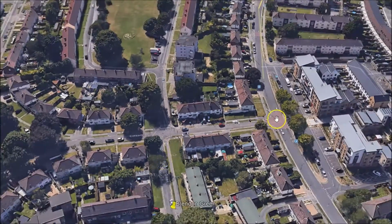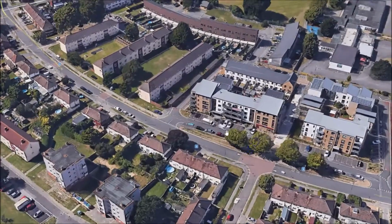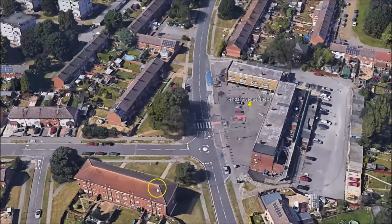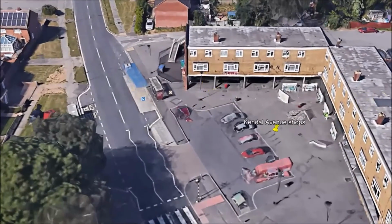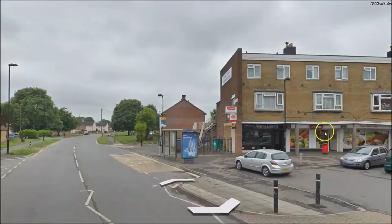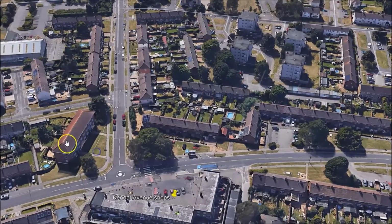Lovely jubbly. Okay, we'll zoom out. Obviously you probably can't do this in real life. Let's go back to Kendall Avenue Shops. Okay, so we're back at Kendall Avenue Shops. In case you didn't know, north is the same direction as the front entrance to One Stop. So if you're at Kendall Avenue Shops and you wish to know which way is north, that way. Okay, onwards. So we're going to take a trip down a familiar road